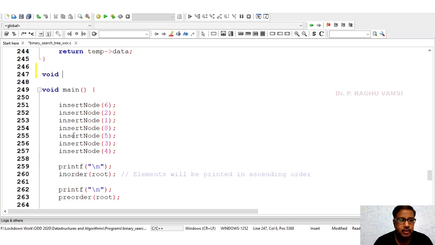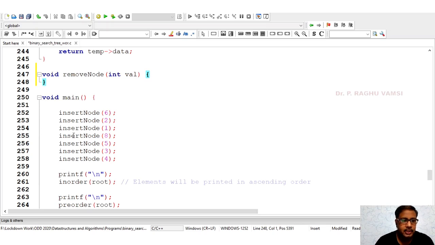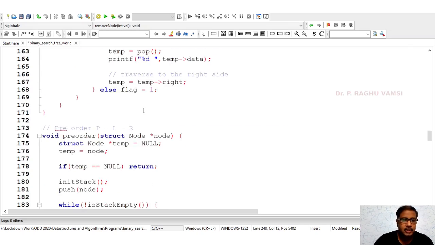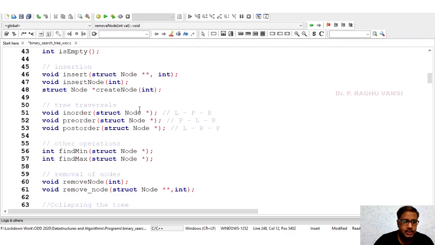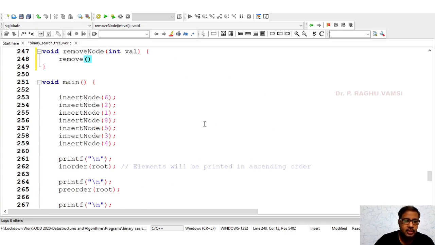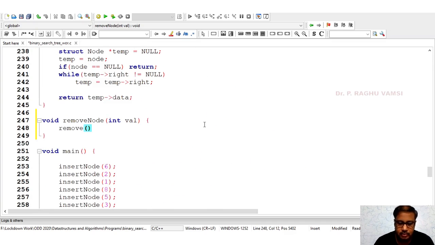Let us define the function void remove node of int value. Internally, this remove node will make use of another function, remove underscore node, in which we are going to pass the root address, that is an ampersand root, comma, value.